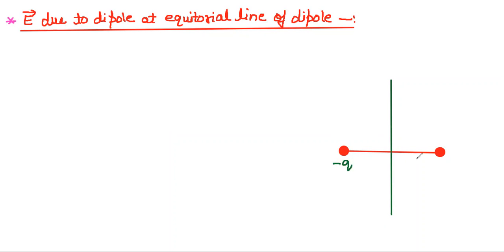Name this as minus q. This is plus q. This will be L, and this will also be L. Suppose these points are A, B, O, and from O there's a point P at which we have to calculate the electric field intensity, which is R distance from O. Then AP and BP will be under root R square plus L square. AP and BP both will be equal.